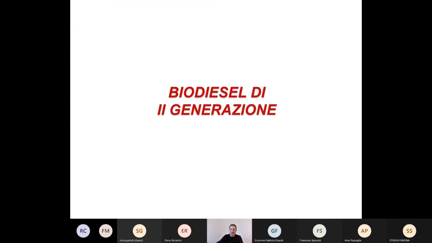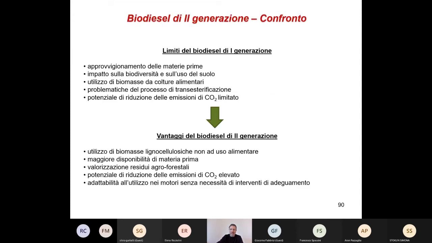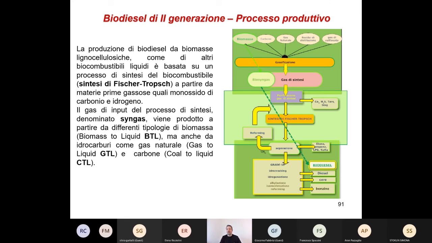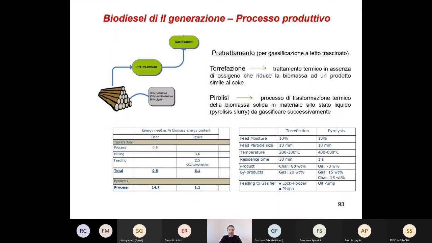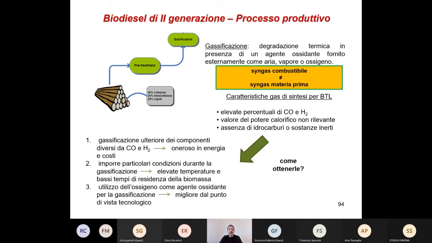Switch to the second generation biodiesel. I don't repeat the feedstock biomass, because you should know very well that biomass feedstock could be agricultural residues, forestry residues, and so on. And you have some similar slide that we have seen. I very quickly go to the important steps of the pathway. And so, pretreatment, biomass pretreatment.